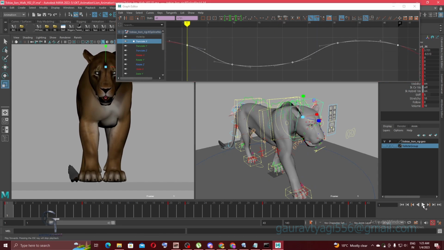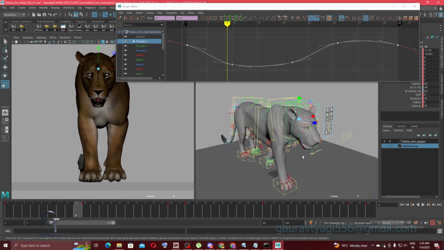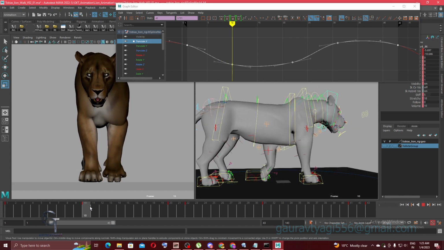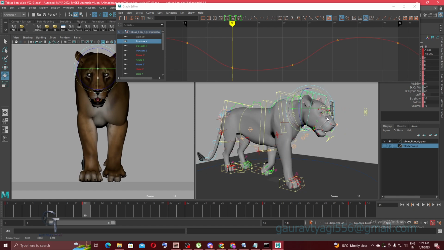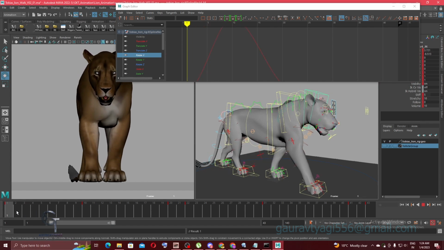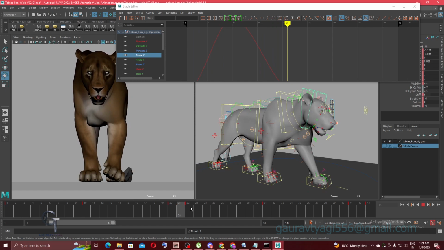The same thing I'm doing here. Once I feel that it's going with the body, then I will go with the other. As you can see, I feel that the translation is coming fine. So now I will start